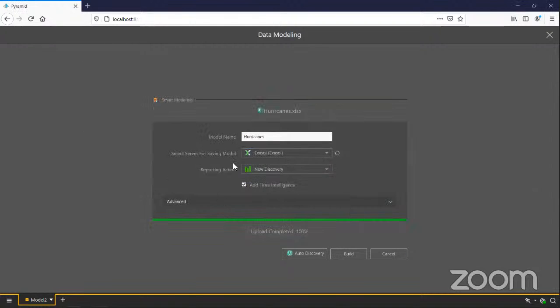You'll see here that now Pyramid has uploaded that data to the server. And it's asking me where I want to build it. In fact, it says select the server for saving the model. Now, in this case, I've turned everything else off for this user. So I might have decided from this organization that Exasol is my analytic model repository. And that's what we're going to use. And that's the same for everybody. Of course, this means that my analytic model is stored on a centralized server. I get all of the performance from that, plus, of course, all of the governance and management, standard backups, and so on and so forth. Once the model's built,